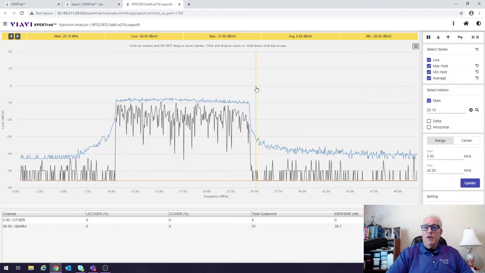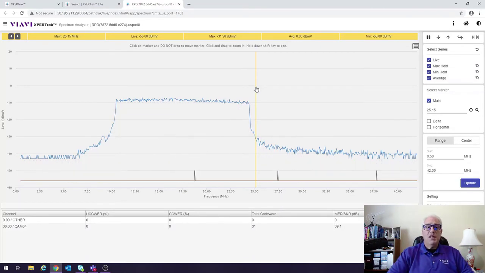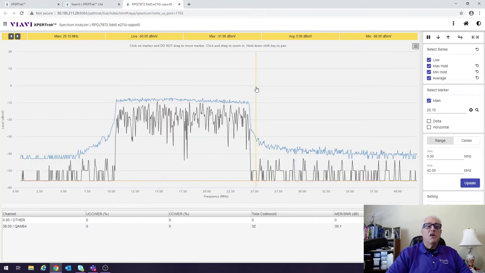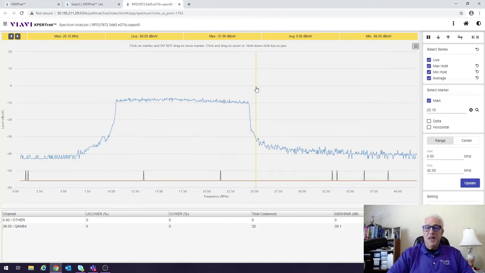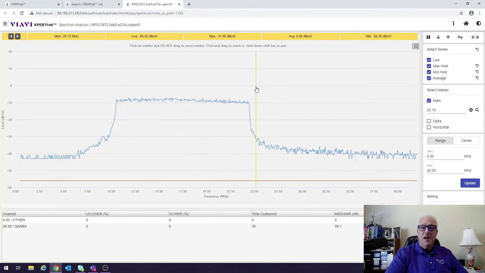But as we are not using the RPM card in the HCU frames or chassis, this is the spectrum mode that we have coming back to us, in this case from a Cisco node, or a Cisco remote PHY node, should I say. So once again, my name is David Dolnick from Viavi Solutions. I did want to show you the differences here that we see displayed.